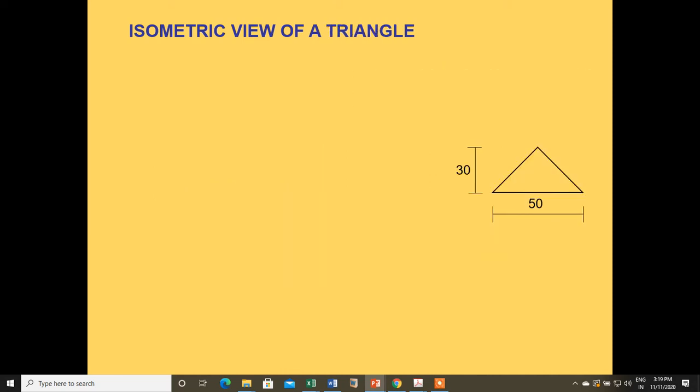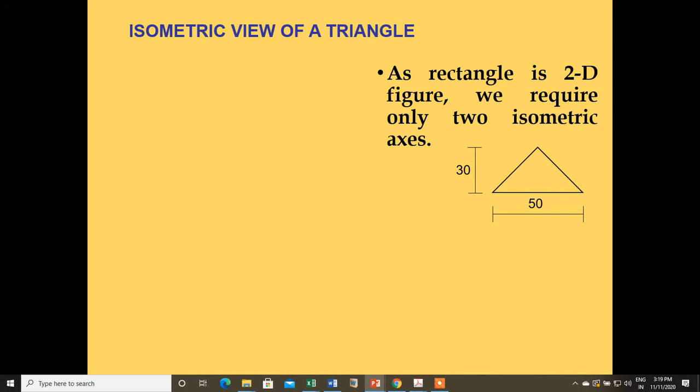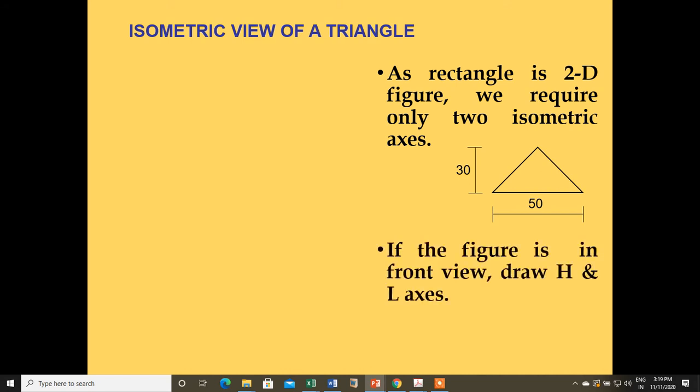Now let us see how to draw a triangle. First, let us see if the triangle is to be drawn in front view. Then we again consider the length and height axes. Remember, before we construct a triangle in isometric view, we first need to enclose it in a rectangle. This is the way I have enclosed it in a rectangle. Though we have to draw this triangle of base 50 mm and height 30 mm, we see that the rectangle size is 50 by 30. Just like we constructed the rectangle in the previous problem, here also we first construct the rectangle. Remember, it is a construction, so it should be drawn with thin lines.